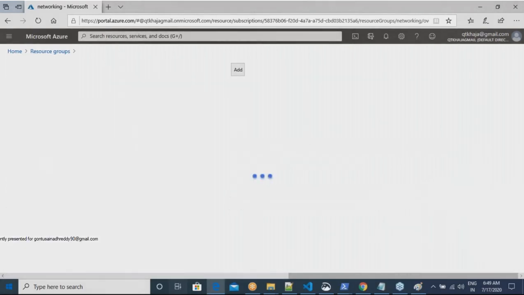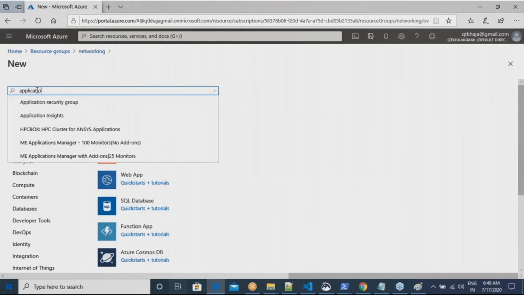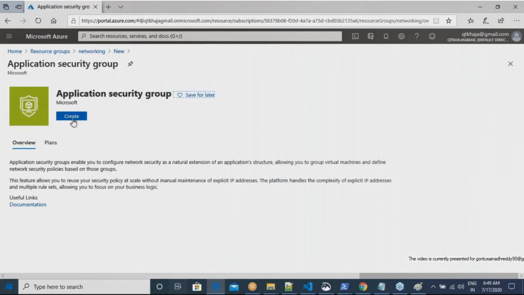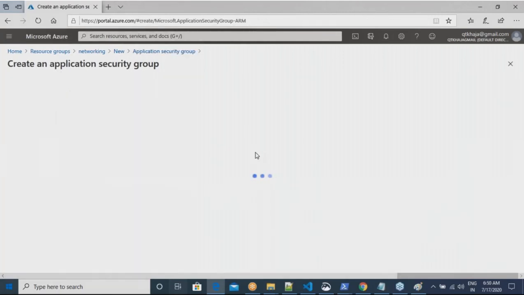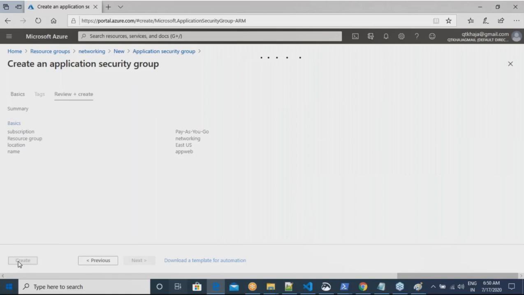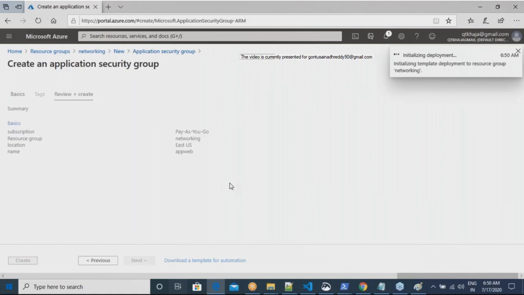Over here, let me add two ASGs, application security groups. I'll give the name of the application security group as app web. That's it. I've created one application security group called app web.